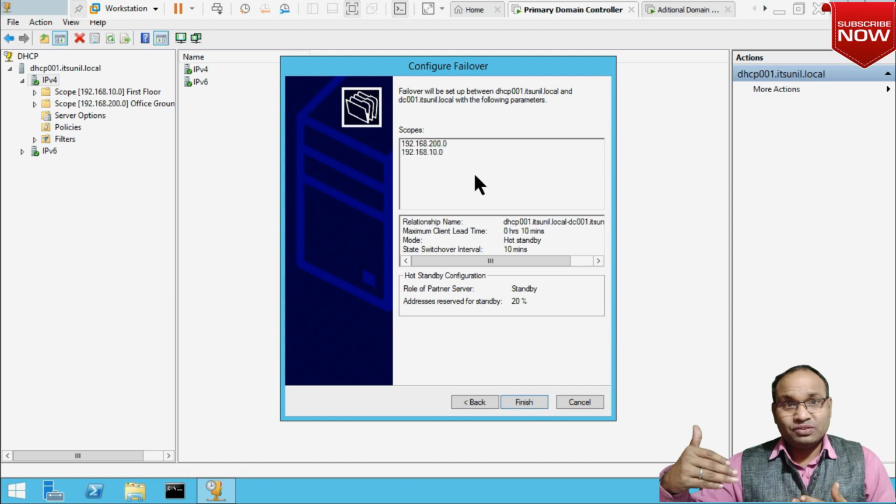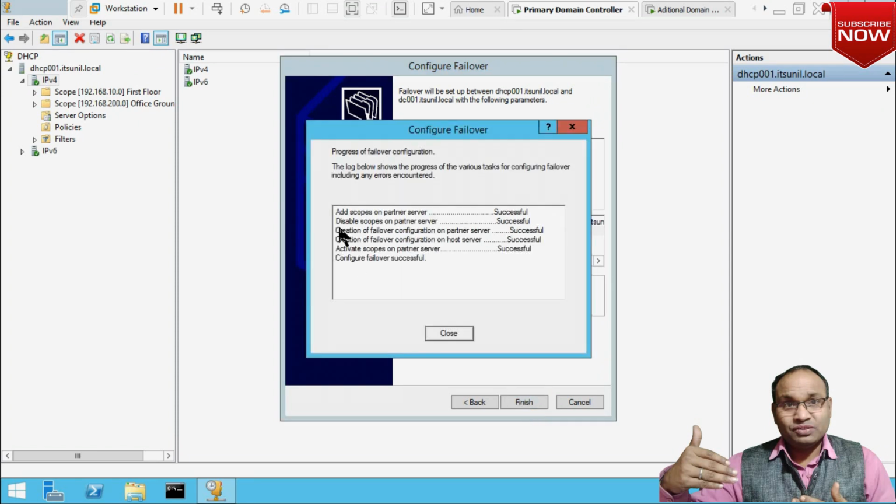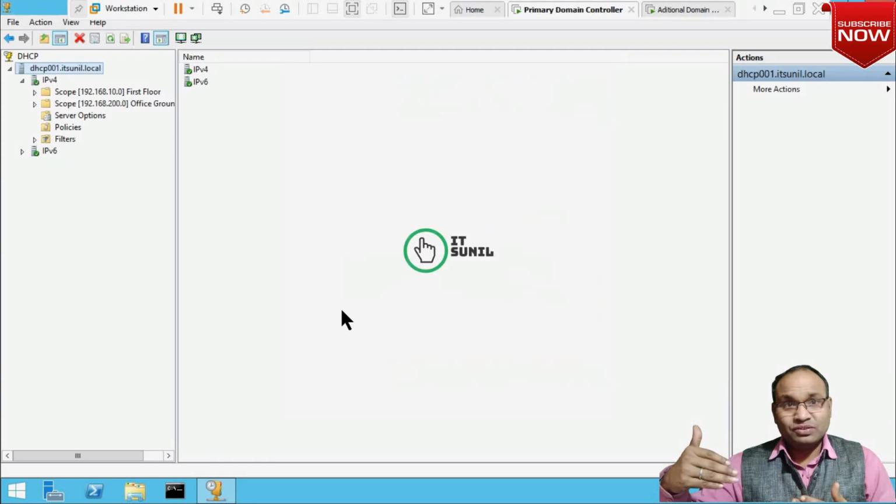Here is the scope option, relationship name, start switchover interval 10 minutes, hot standby, 0 hours maximum client lead time, and finish. Add scope of partner server successfully, disable scope partnership, client failover configuration partnership successfully, and close. Okay. Now my DHCP failover option has been successfully configured.